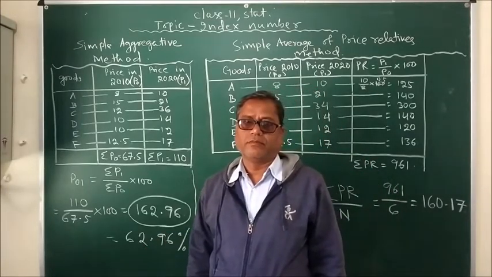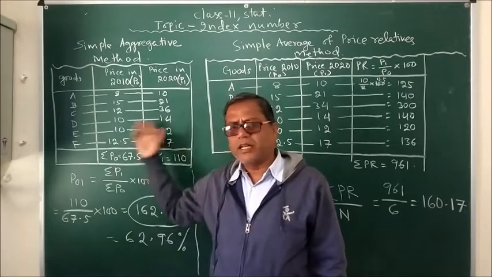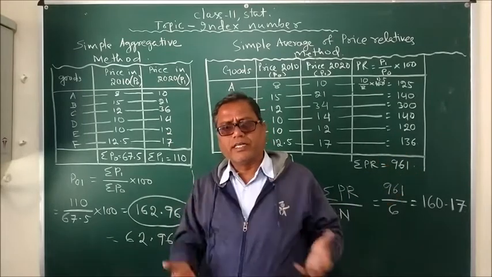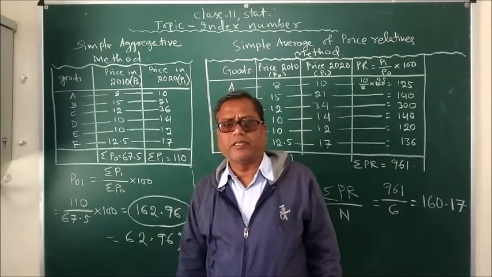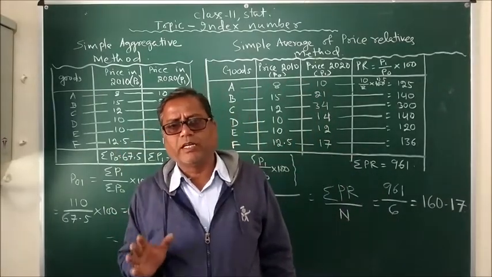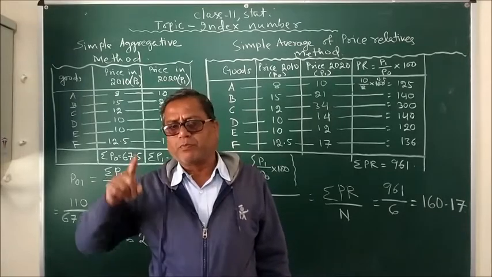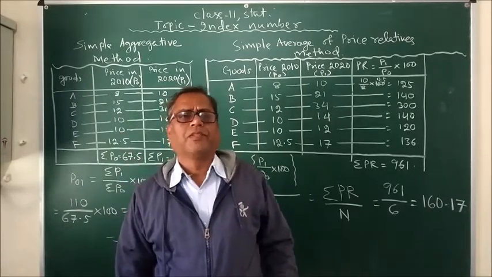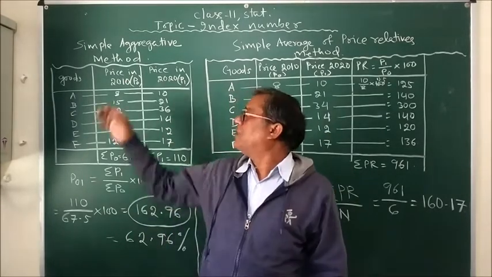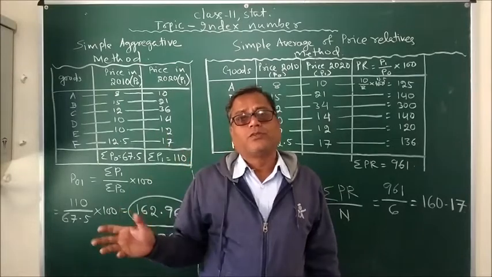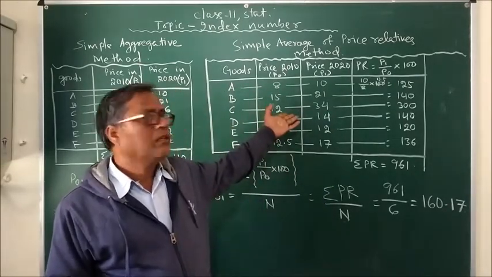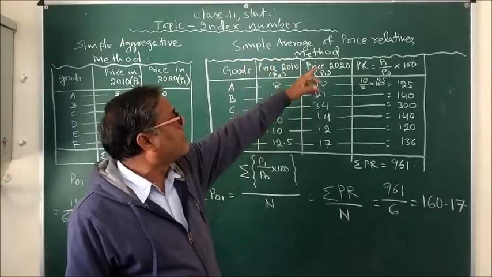And accordingly we can be sure whether our standard of life has increased or decreased. So this is how the construction of an index number is useful in our life. And remember, the purpose must be clearly defined. When we construct, first we think about the purpose, and only after that do we select the number of items to be taken in the construction. Now the other method, the simple average of price relatives method.